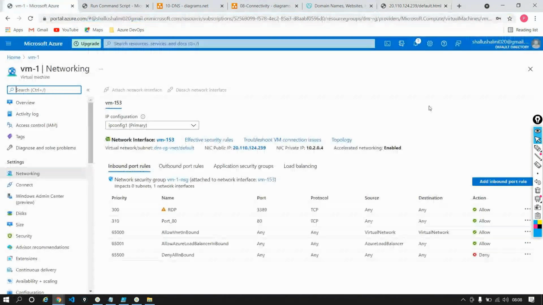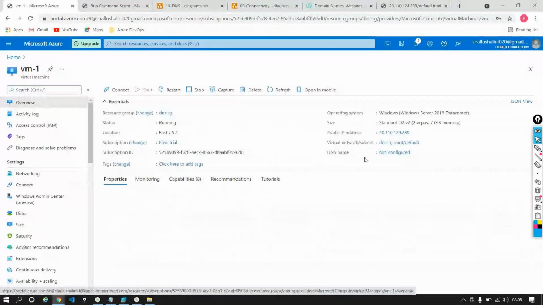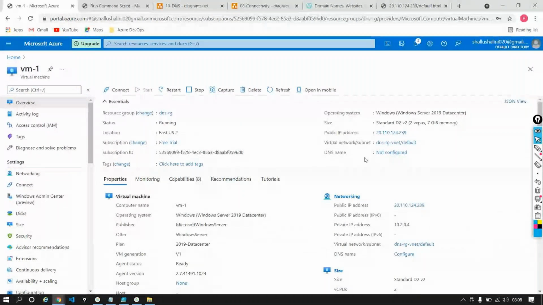But do you think that someone will be interested every time in typing out 20.110.124.239 and all that stuff? Will anyone be interested in typing this out? No, right? I myself am not typing it out. I'm taking it from, let's say, the overview page. I don't want to remember this or keep it in my memory. I'm just taking it, putting it here, and doing a default.html and getting a page out here. Meaning,